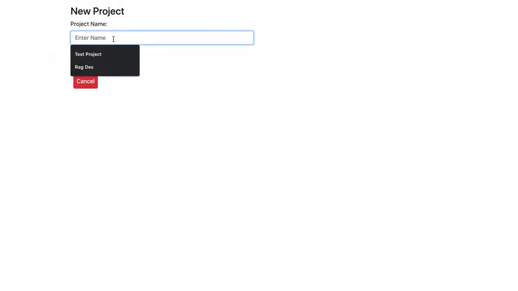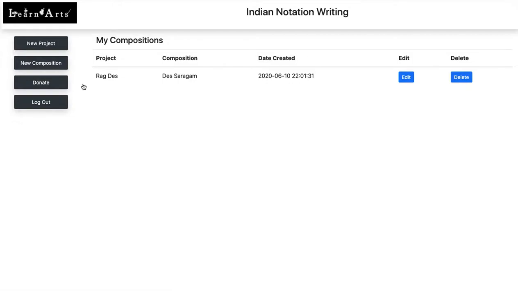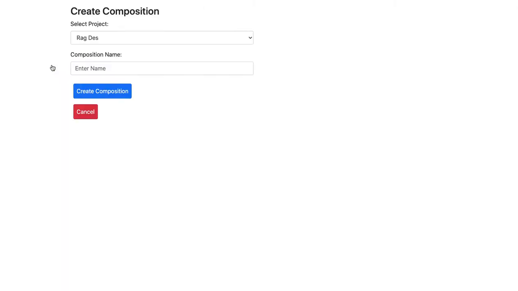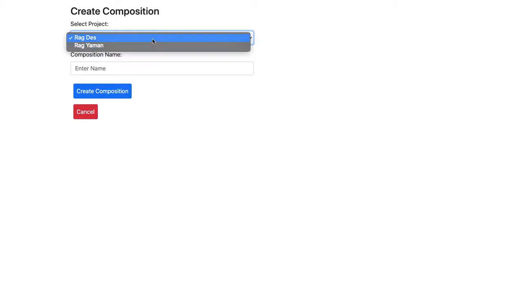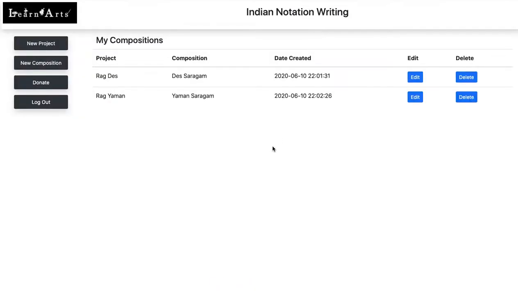Maybe I will give Rag Yaman as a new project name. And I will create one more composition. So I see two folders now, Rag Des and Rag Yaman. In Rag Yaman, I will say Yaman Sargam. Create composition. Composition saved. When a composition is saved, it's just a blank file,